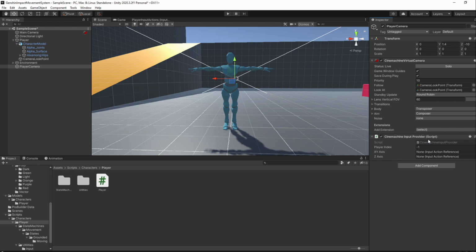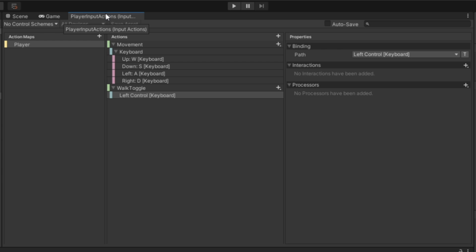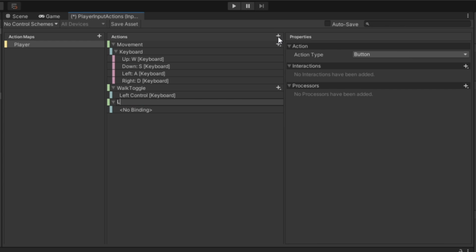This component accepts an X-Y axis, which will represent the camera rotation, and a Z axis, which will represent the distance. Of course, to assign an input here we need to create it first. So go ahead and open up the Input Actions window. In here, let's first create a new action for our mouse movement by pressing on the plus icon and naming it Look.